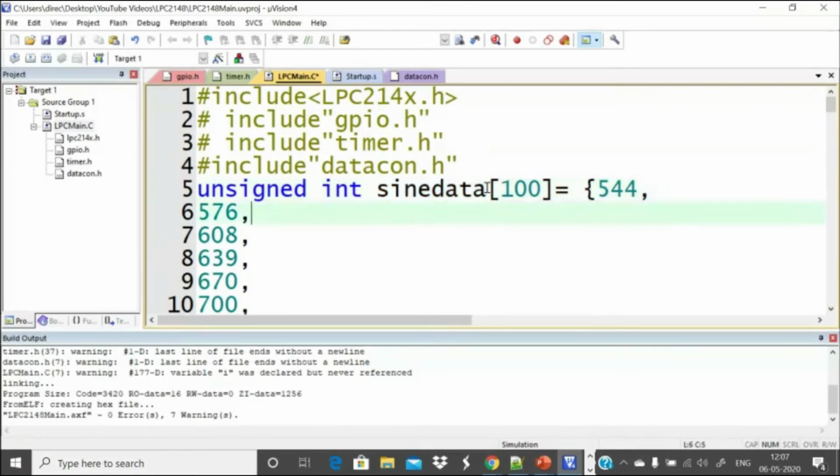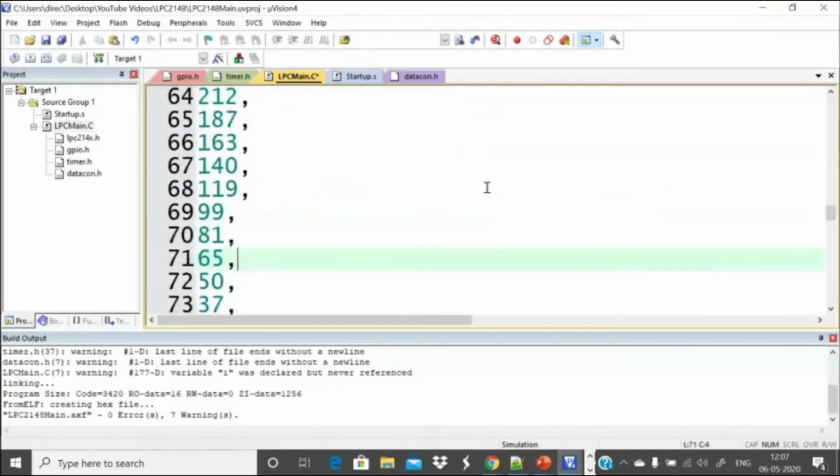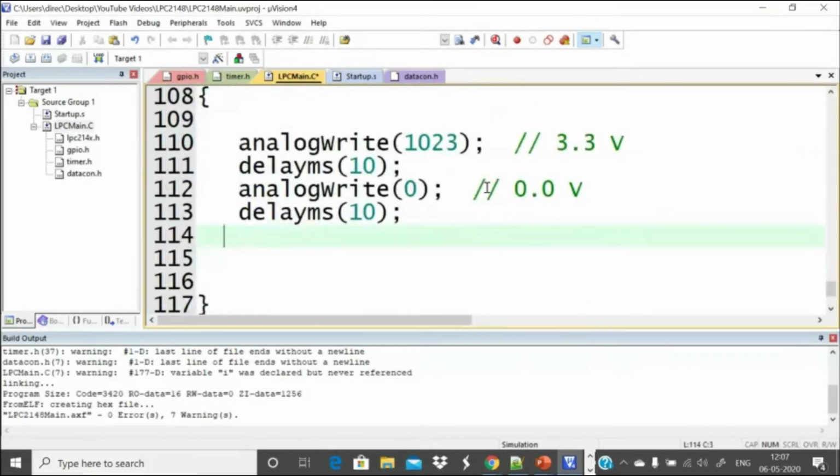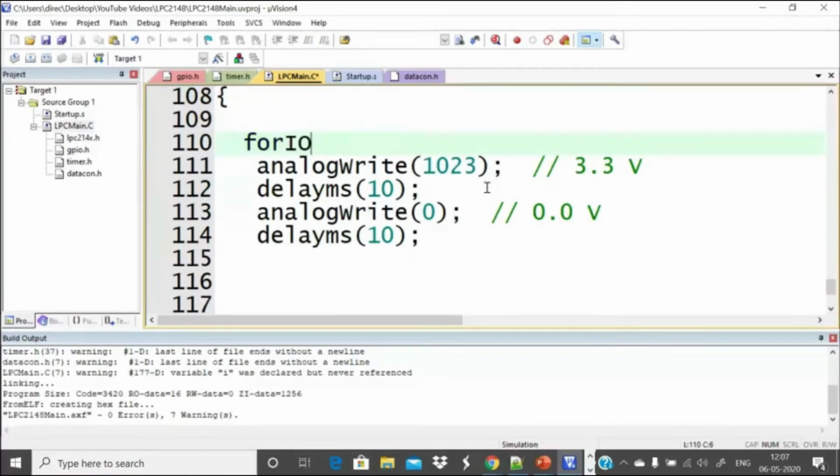So what I do, I put a for loop there. Analog write of, for I equal to 0, I less than 100, I plus plus.